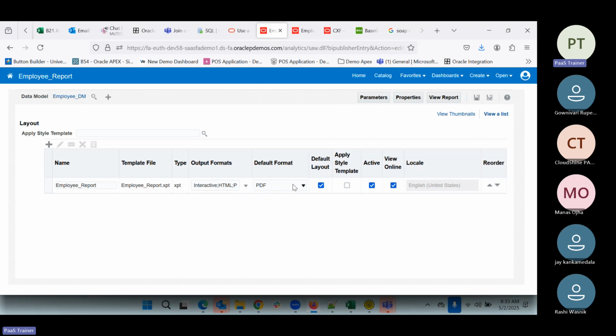The default format is taken into the picture only if we don't pass that parameter. If we don't put that one, then it will show us the report in whatever format it gives. Now we know that the CSV file we are able to get, but what about the PDF? How can we